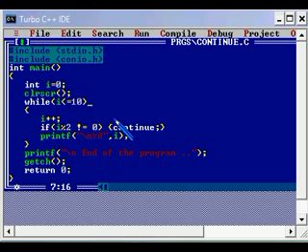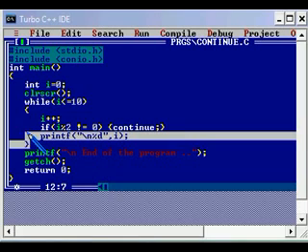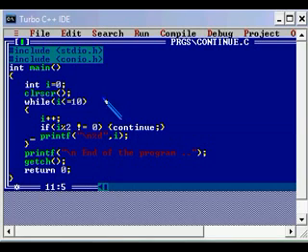That means in the next iteration the value of I will be incremented. If the continue is executed, it will go back again. It will not consider the statements after the continue within the while loop. So it will be redirecting back to the beginning of the loop.